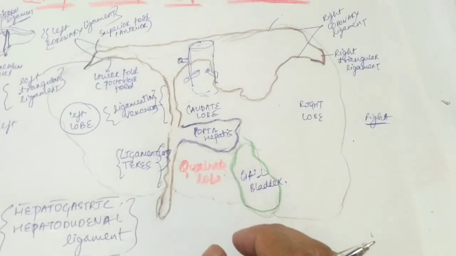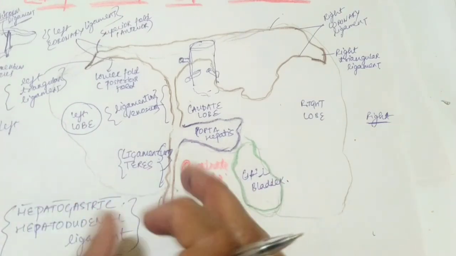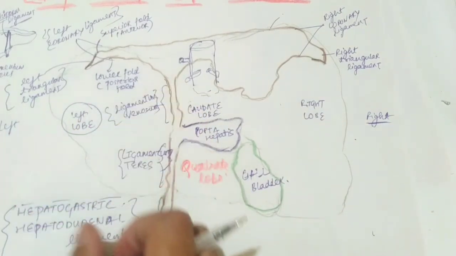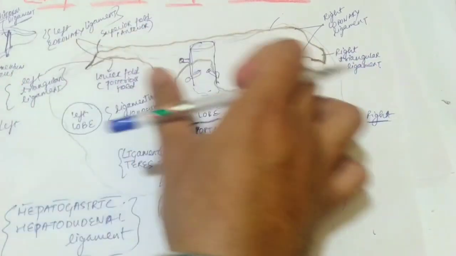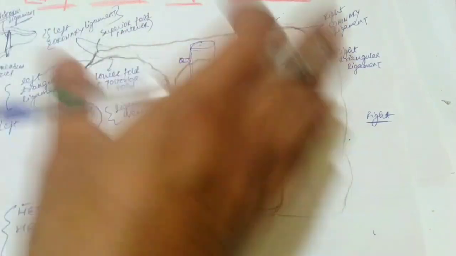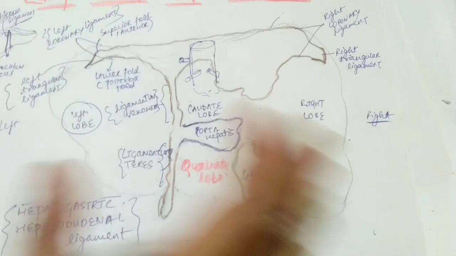And there is a classification into true and false ligaments. True ligaments are ligamentum teres and ligamentum venosum, because they are the obliterated parts of organs in the body. But all the others are peritoneal folds. They are formed by the peritoneal folds present in the anterior and posterior abdominal walls, which cover the organ and connect different organs.